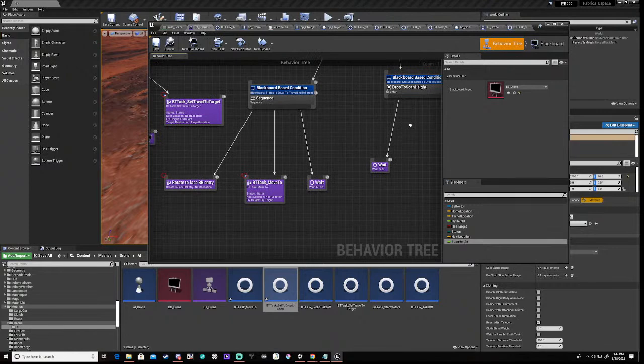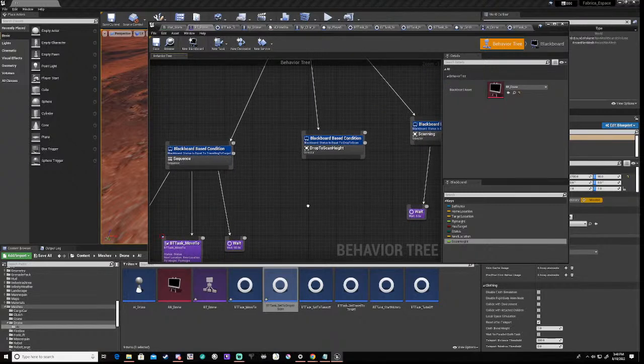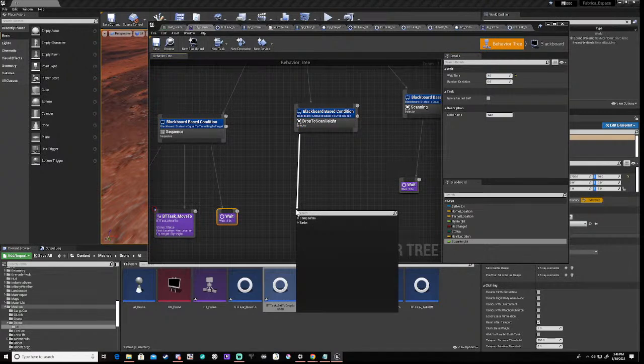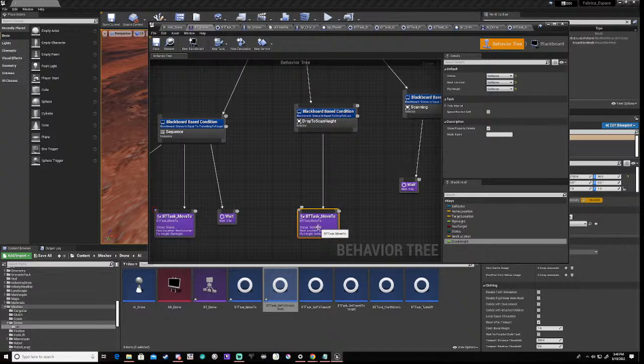So in here, what we can do is another one of these, and we're basically going to change this to 3 seconds, and then we're going to do move to BT task move to, of course. Then we're going to do status, next location, fly height, and